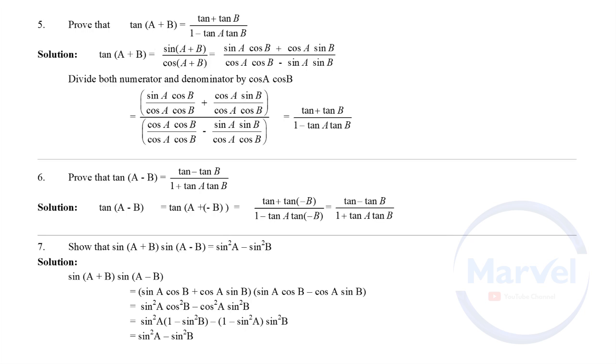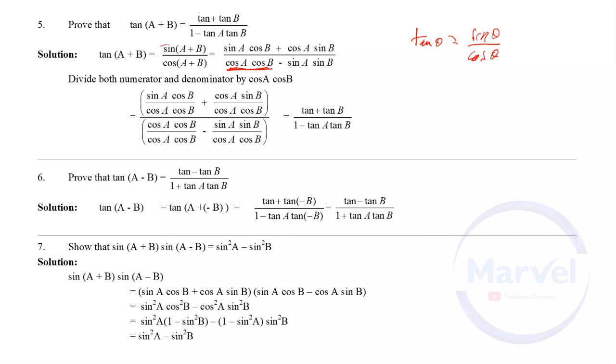Now tan of A plus B. First, tan of A plus B equal to sine of A plus B, because what is tan theta equal to? Tan theta equal to sine theta by cos theta. So sine of A plus B by cos of A plus B. Apply the formula, same sign, different function: sine A cos B plus cos A sine B. Cos A plus B, same function but different sign. Since it is plus, here it is minus: cos A cos B minus sine A sine B. Always change this number as 1.